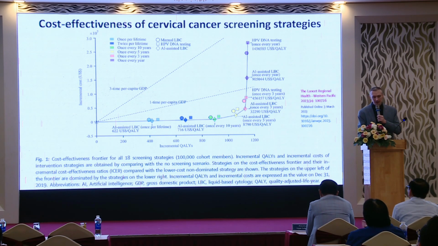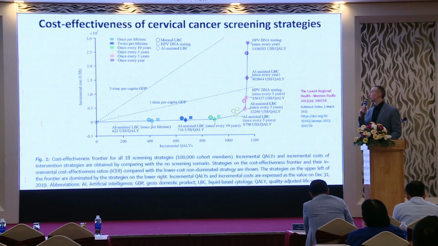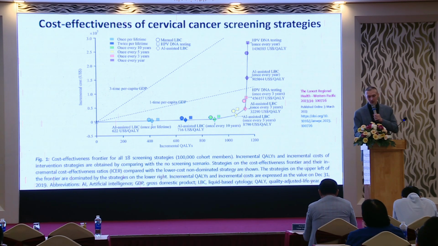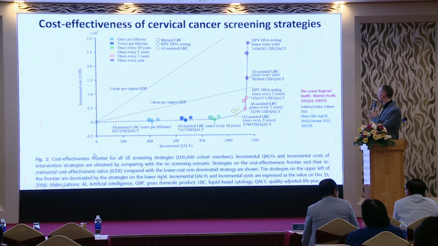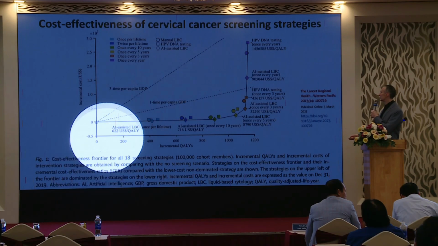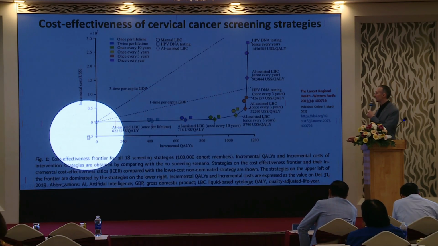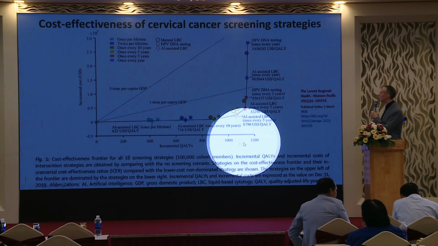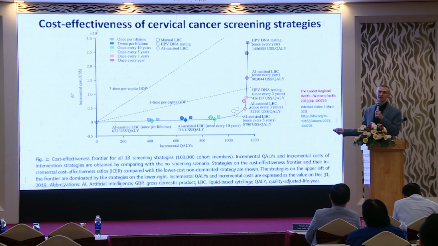Another slide, also very brief, highlights a publication more on health economics. It's the cost efficiency of cervical cancer screening strategies, to show what is the value of AI here. This is quality adjusted life years, shown here on the scale, and of course, from the public health perspective we want this to be the highest possible. At the same time, we have the incremental cost. And what we are talking about here is screening for cervical cancer.